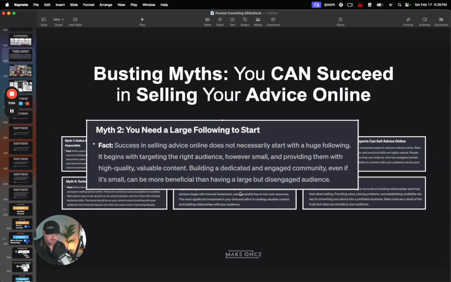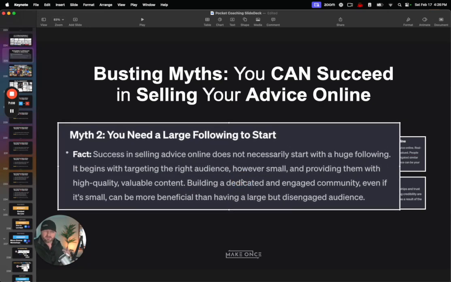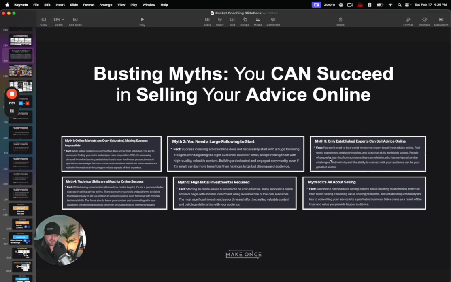You need a large following to start. Why do you need that? You just need to go out there. You're looking for 1,000 people that can get excited about this with you, that are willing to give you $1 a day. Think about that. And they could give you $2 a day. Or you could have 2,000 people give you $1 a day. It doesn't matter, okay? At that rate, you can start to really change things for yourself, okay? So you don't need a big following to start.